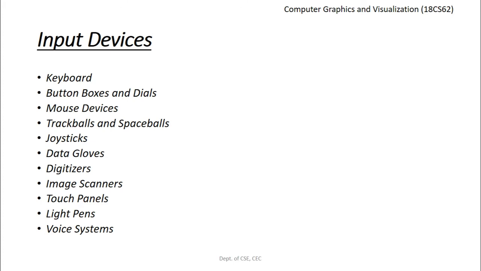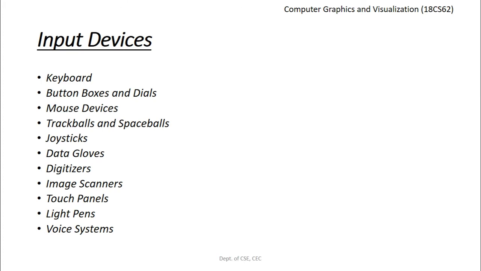Most general purpose graphic systems now include a mouse and a keyboard as the primary input devices. We all know how to use a mouse and the keyboard. It's used to move the cursor, it's used to select certain objects on the screen, and the movement of the mouse in vertical and horizontal directions will be tracked. That is about the mouse devices.